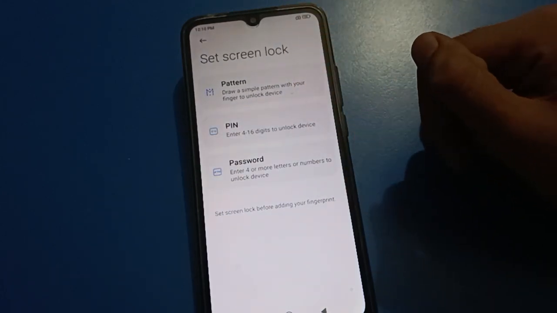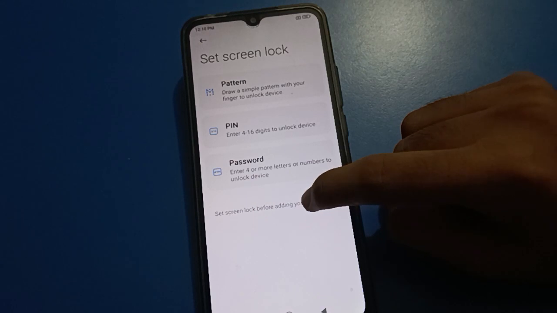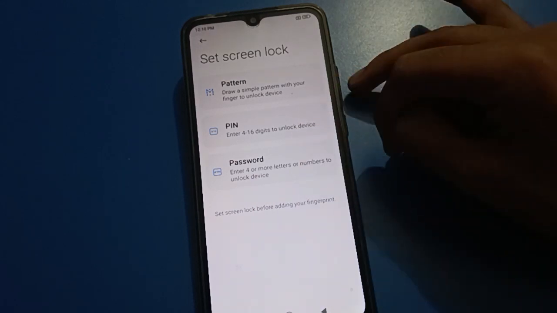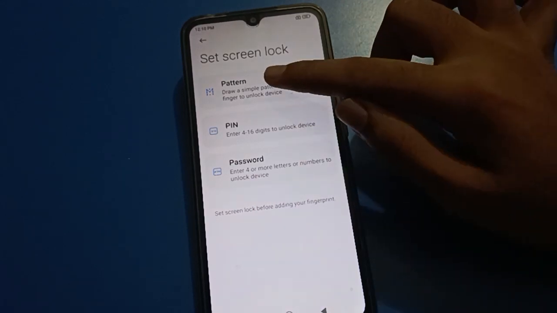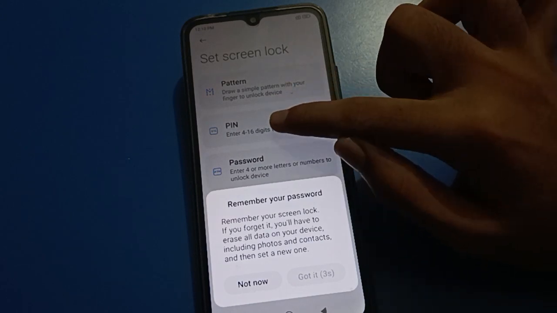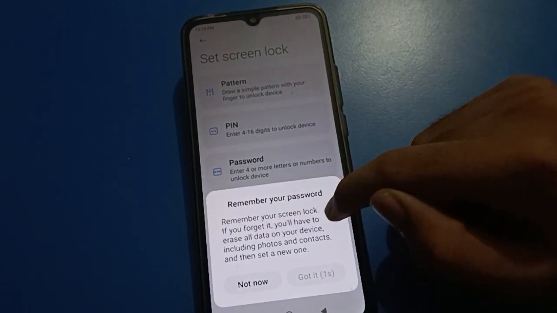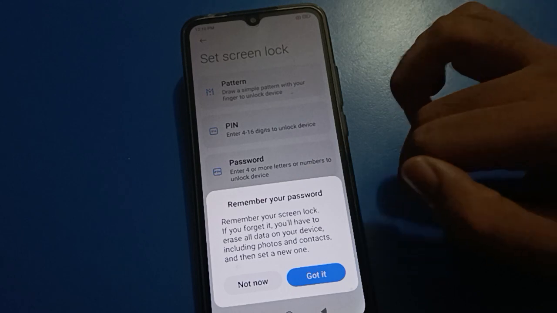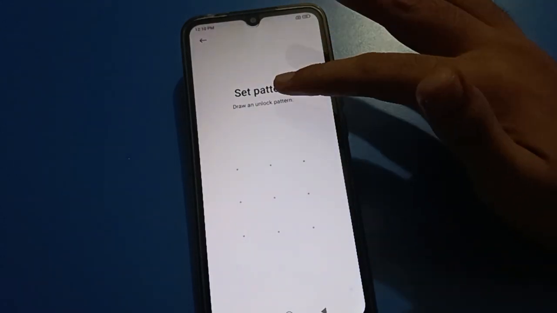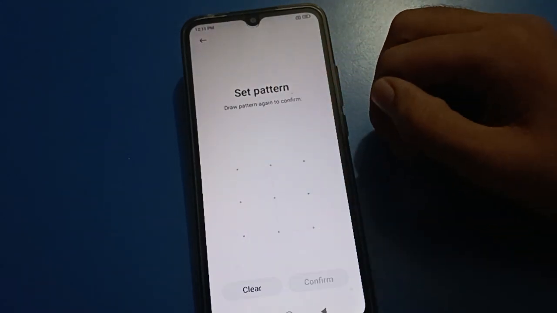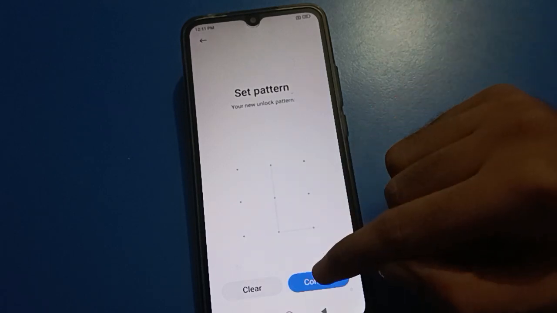Friends, your lock screen password is off. First of all, you will have to set a lock screen password, then you can use the fingerprint lock setting. For the lock screen password, I will use a pattern password. You can use a PIN or password, but remember your lock screen password, because if you forget it, you will have to erase all data. Got it? Set the pattern, confirm option,